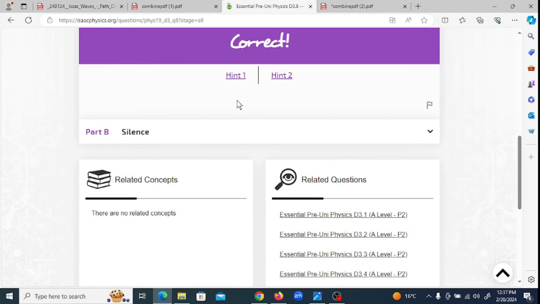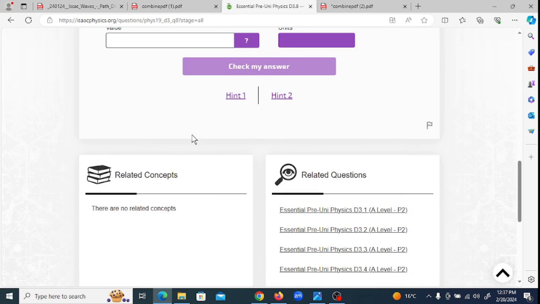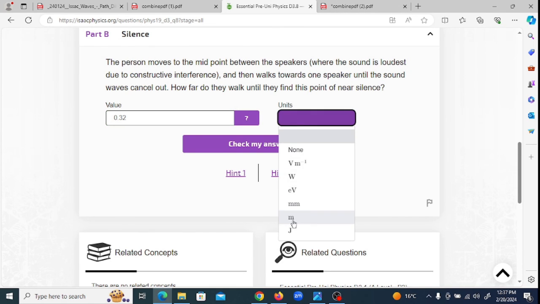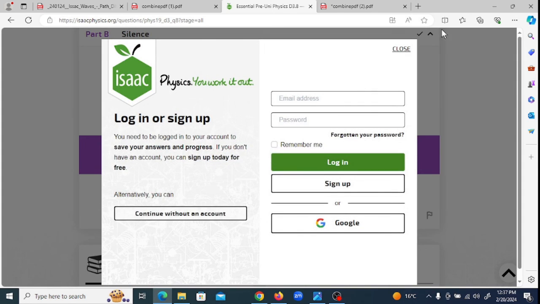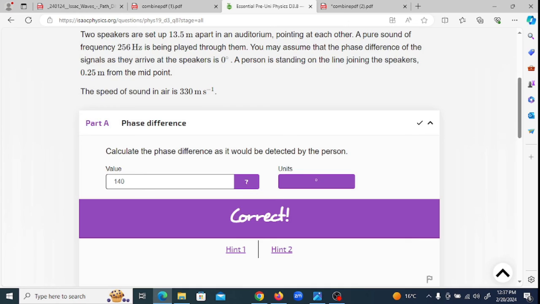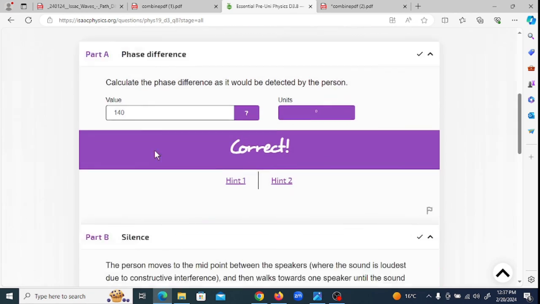Now, for part B, I check again: this answer is 0.32 meters. It gives the correct answer. So part one answer is 140 degrees. Part two answer